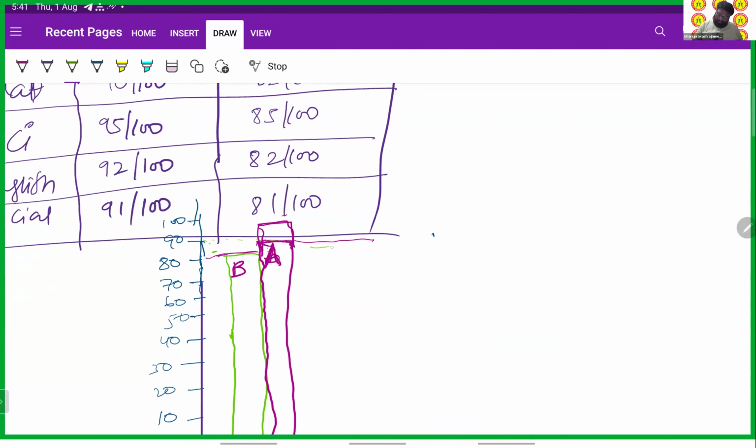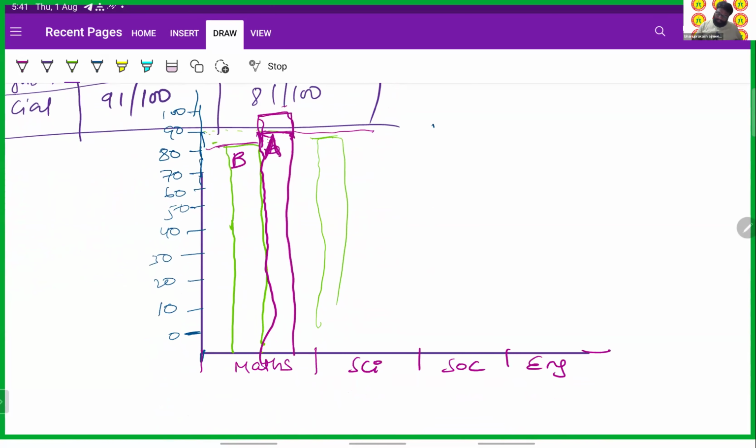Again 85 only he got, somewhere here in between 90. And that should be in the range of science. See, I noted here science, no? So you should mark that bar in between this range only. You can't start drawing the graph from maths, because maths has its boundary till here. After that line you can draw. For every subject you have a given space. In that given space only you have to represent the data using a bar.